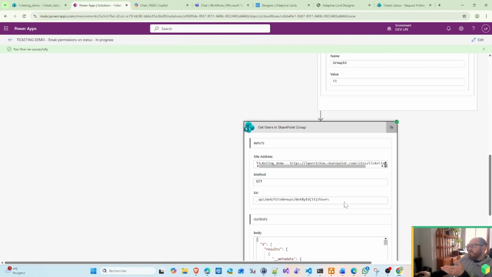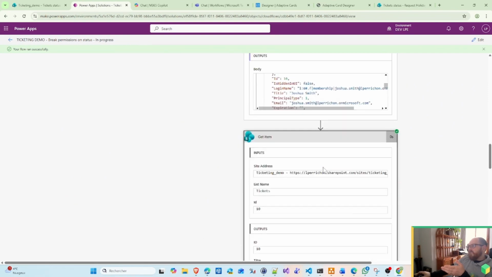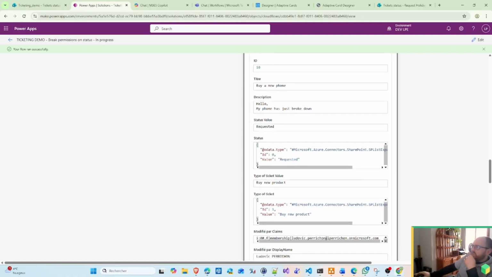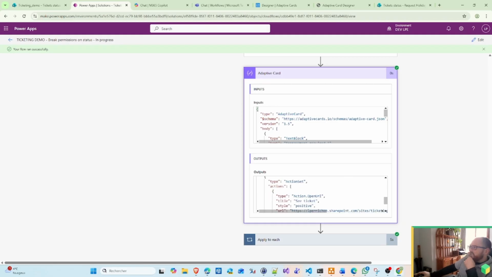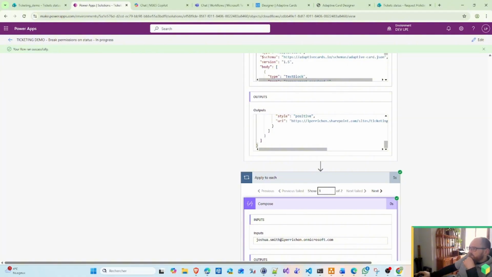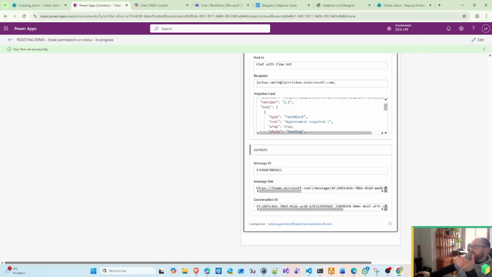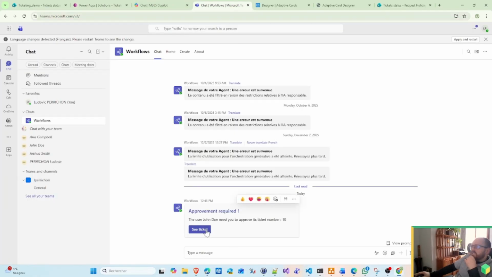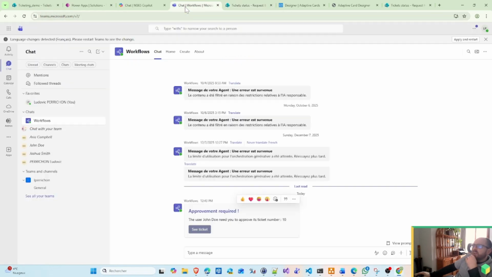Get HTTP to get my users, parse JSON, get item, okay, and try to build an adaptive card. Get my users, I've got 2 of them, and send an adaptive card. So it leads to something like this. If I'm going to click see tickets, you can see ID 9, request by John Doe, management in progress, and